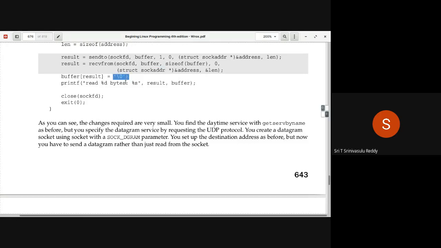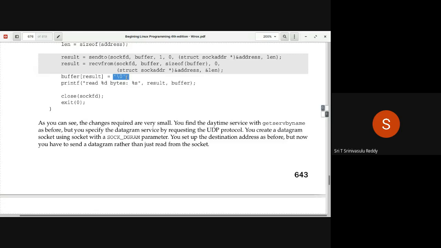So that whenever you use printf, it prints only up to this particular place. If the other side, the server, also attaches this null character as part of the data, then this is not required. It all depends upon the protocol here.